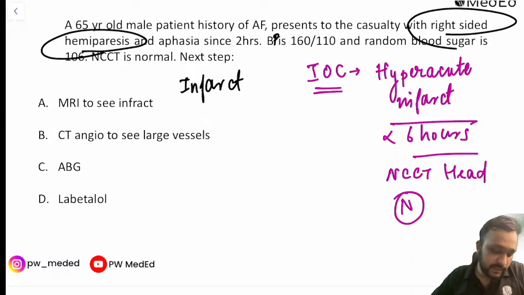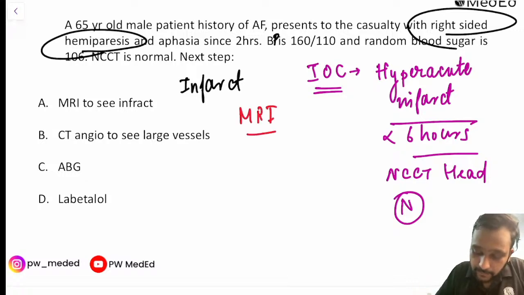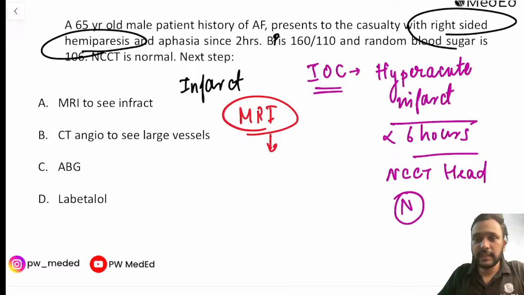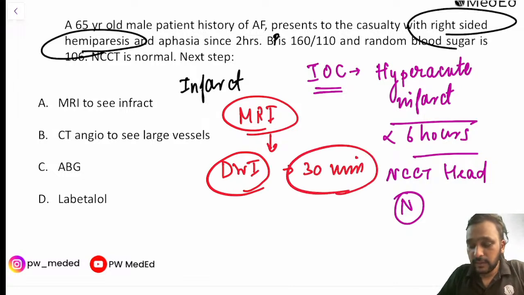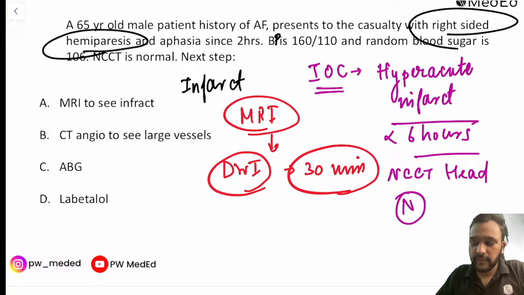Anyone? What will be the investigation of choice? Sandesh, Dr. Pihu, Dr. Mithu. What will be the investigation of choice in a patient with hyperacute infarct? It will be your MRI, right? And within the MRI, the imaging features will appear as early as 30 minutes on diffusion weighted imaging,